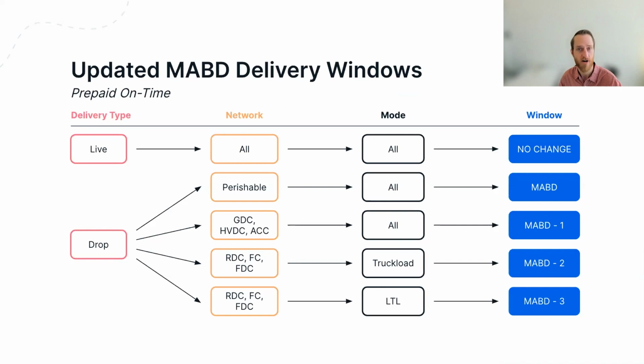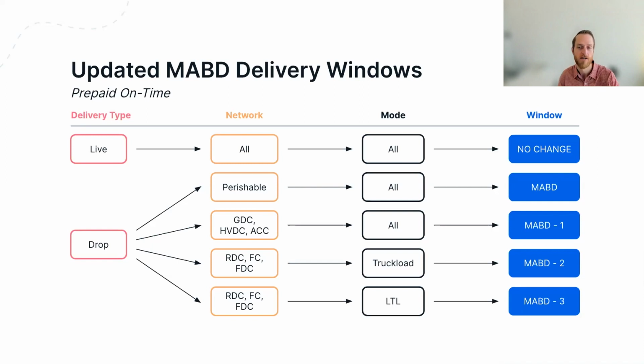Or if it's a drop trailer, where the truck is arriving and leaving the trailer behind, sometimes with the drop, you can get a larger window. So that's where you see that last column saying MABD -2, -3. That basically means you'd have the MABD date and 3 days preceding that MABD. So you can get up to a 4-day window with the last day of the window being the MABD date